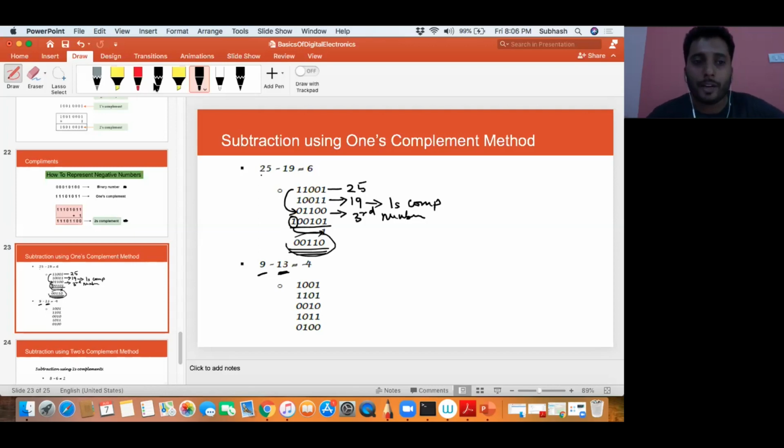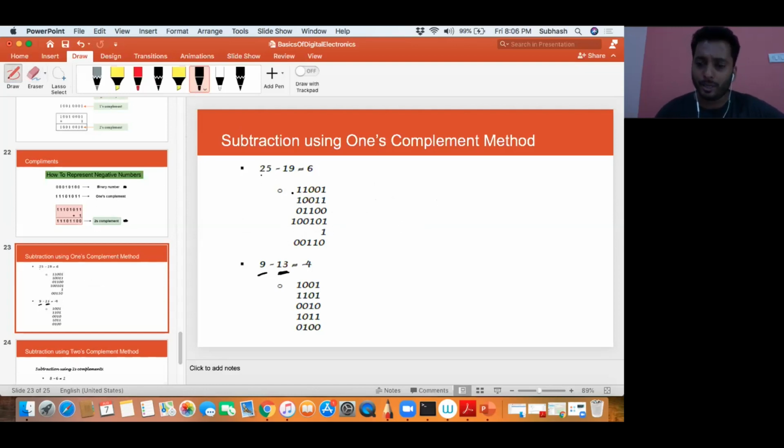Okay, so I will repeat the steps once again so that you understand it properly. It's very important to understand this. Anyways, when you're doing programming, you need not do all these things. The computer will do it for you. But it is always good as a programmer to understand how the system actually works internally, so that you will be in a better position to code things, right?